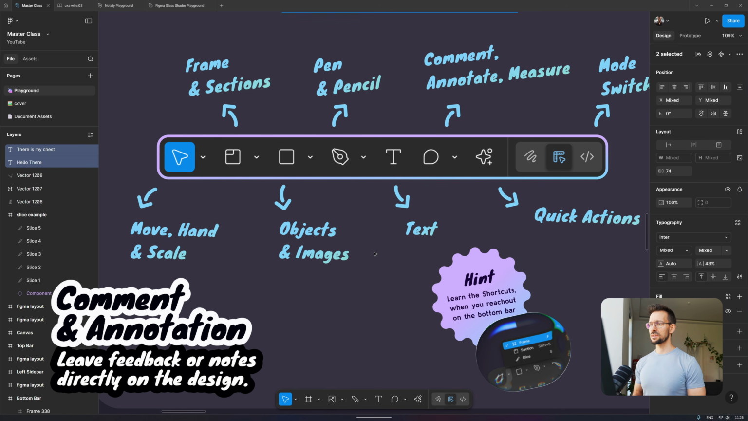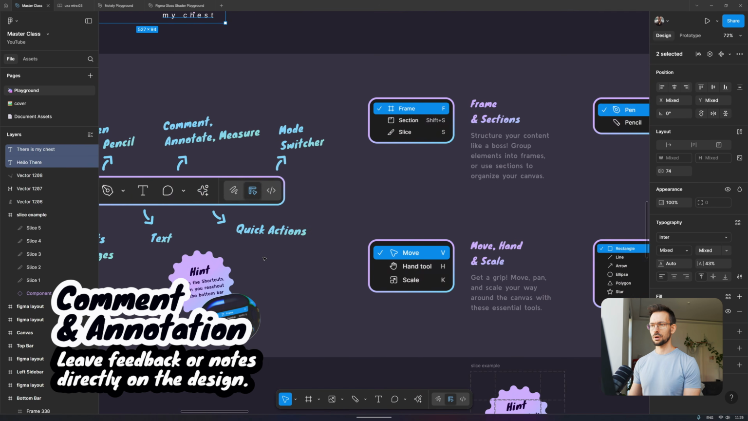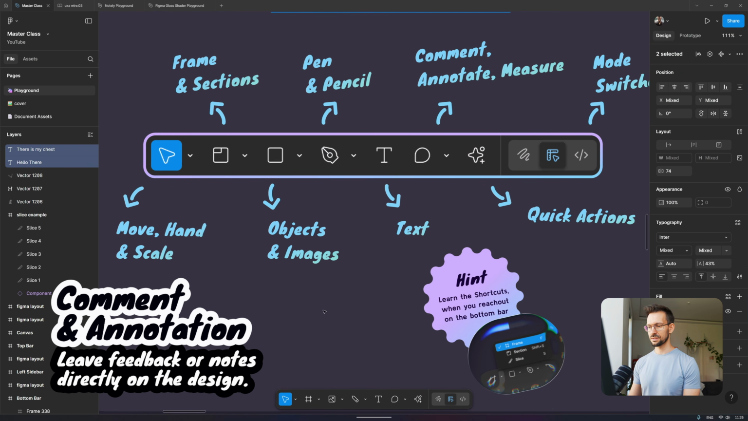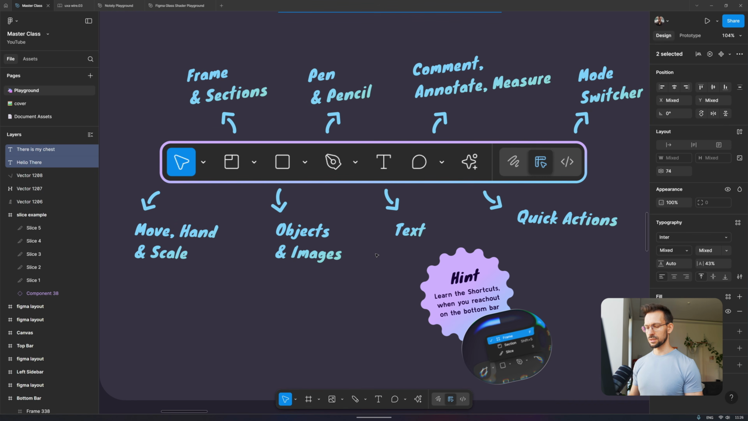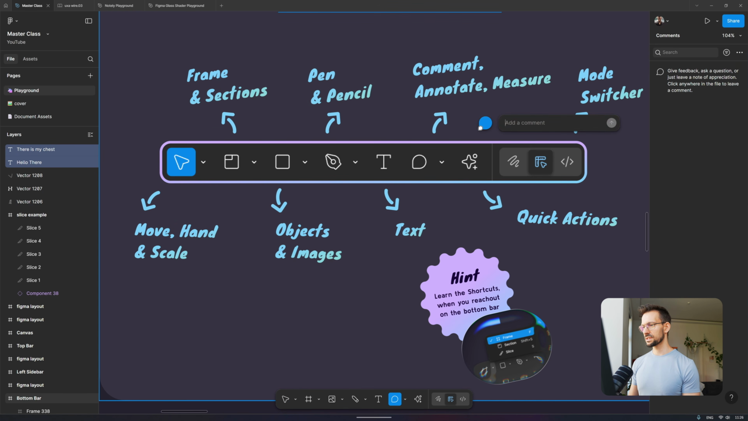Let's go to the next one. It's comment, annotate, and measure. A comment is there to comment things. If you go down to the bottom bar and open the context menu for the comment, we see comment, annotation, and measurement. A comment is cool if you invite other people into your document to make comments about the design,